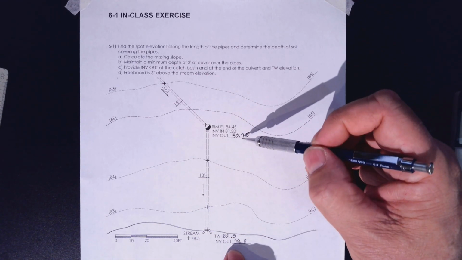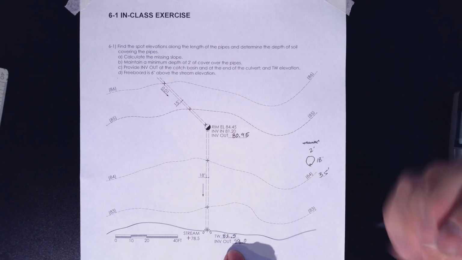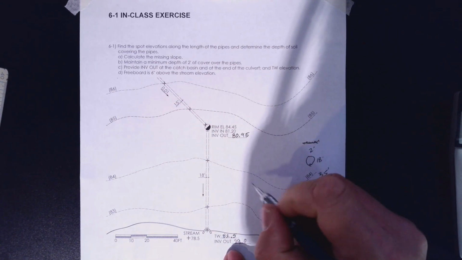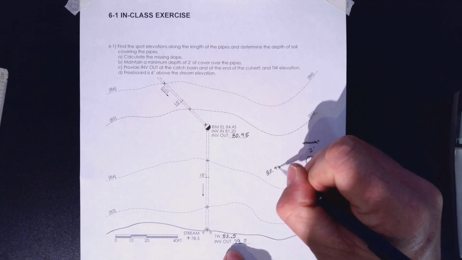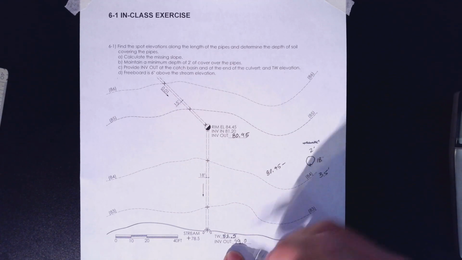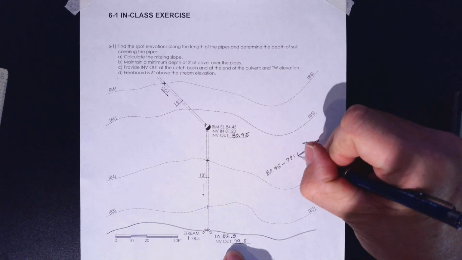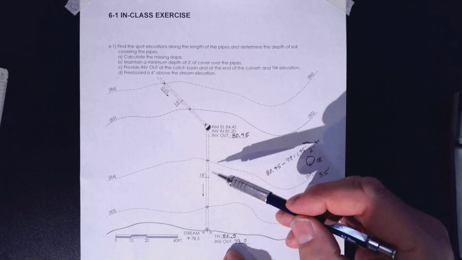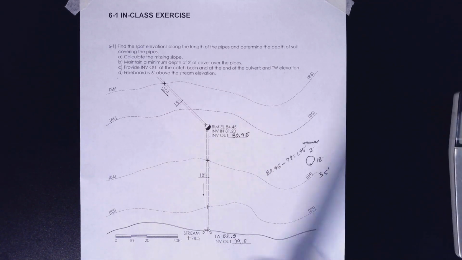So 80.95 minus 79 equals 1.95 feet. So this drops from here to here 1.95 feet,